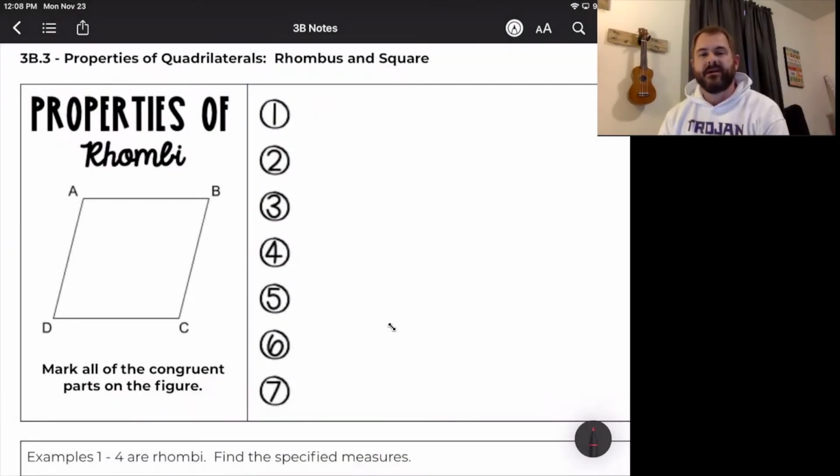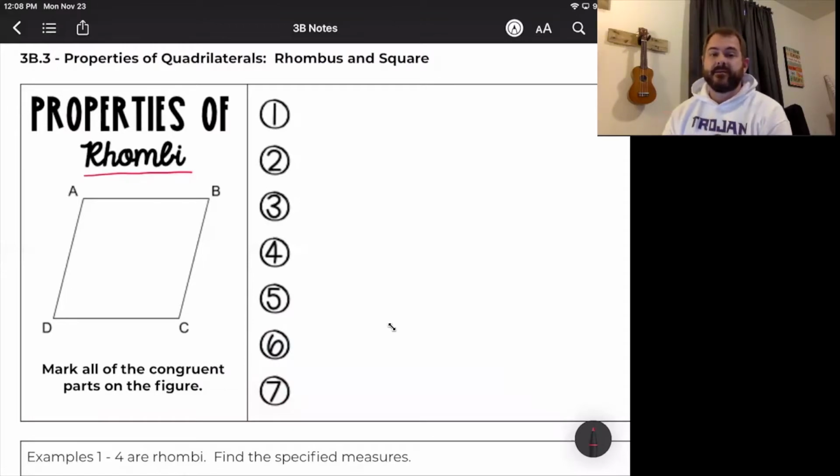Today we're going to be talking about two more unique quadrilaterals, and that's called a rhombus and a square. The plural of the word rhombus is the word rhombi. So when you see me say rhombi, that just means more than one rhombus. We're going to be talking about these two unique quadrilaterals again, but you do need to understand this